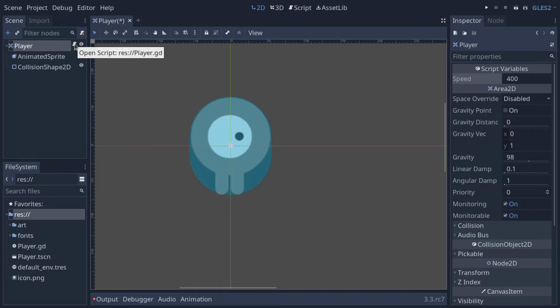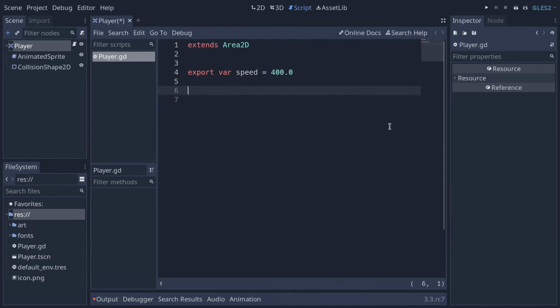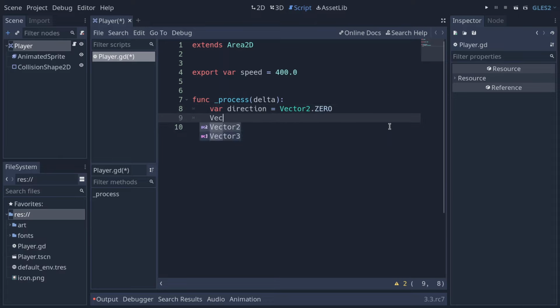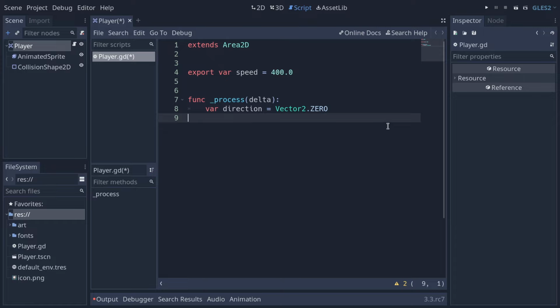Okay, so back to the script, I'll click on it. We're going to start calculating our player's direction. To do so, we define the process function, which is where we define how the character updates every frame. And we're going to create a new variable named direction. This is going to be the player's input direction. And we're going to set it to Vector2.ZERO by default. And if you remember, this is equivalent to a vector with coordinates 0, 0. Now, we want to check for the player's input, and we can do so by doing if